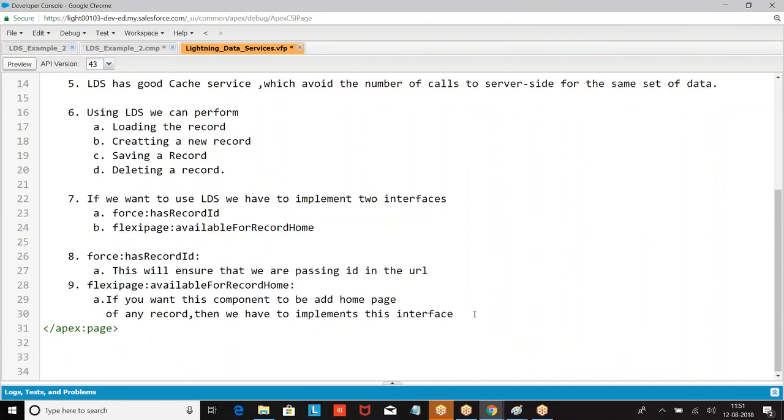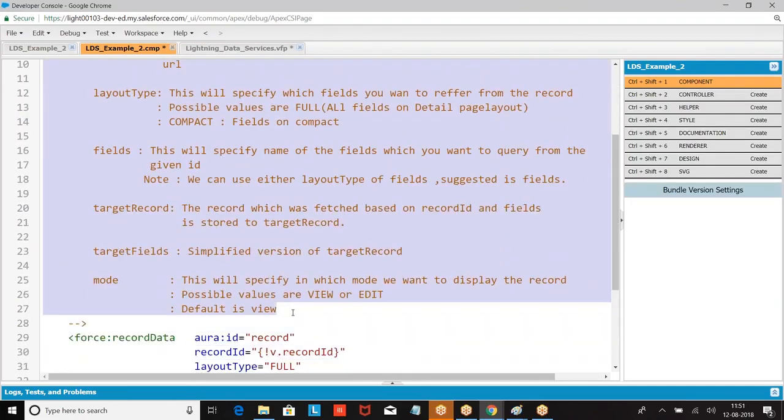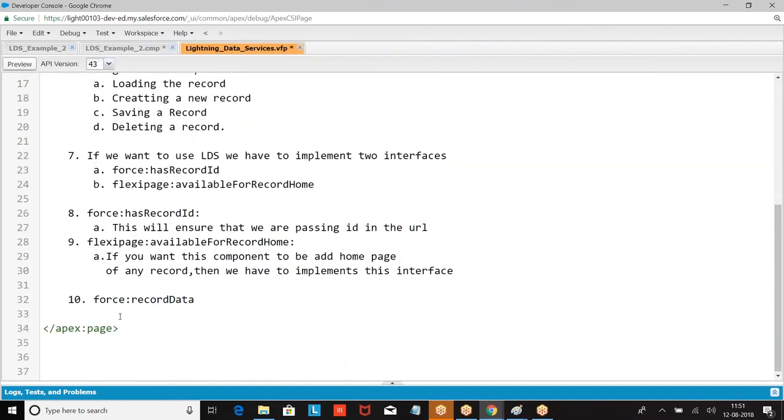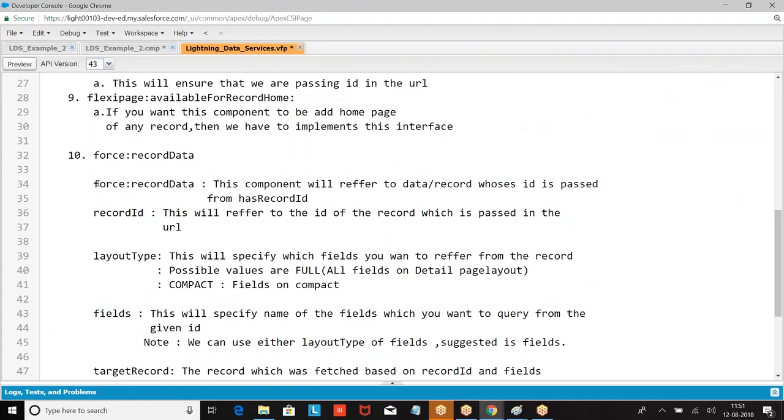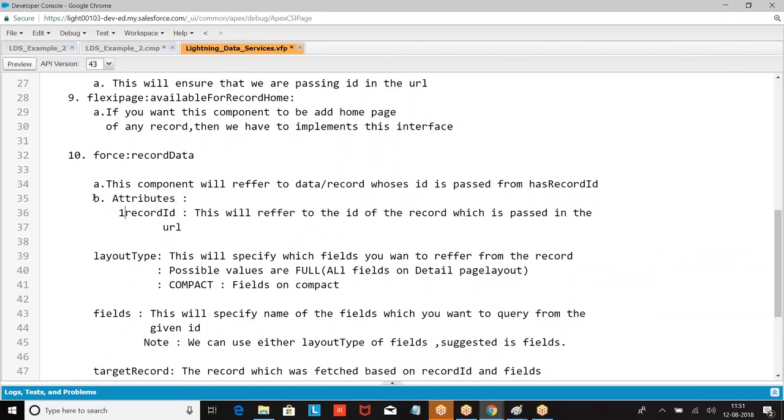Then what was the next one that we had? force:recordData, which I have given here. These are the given attributes.